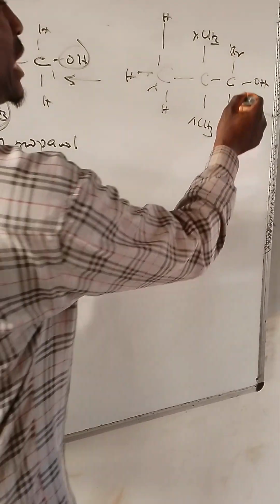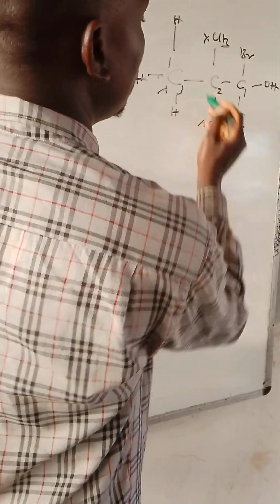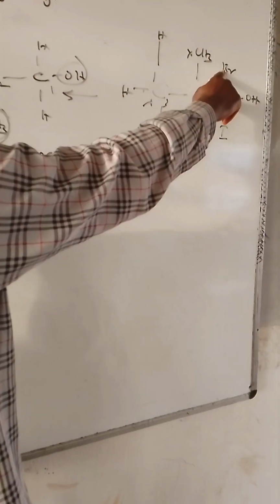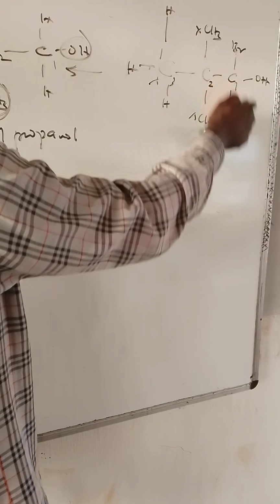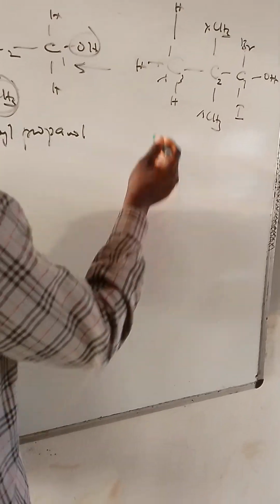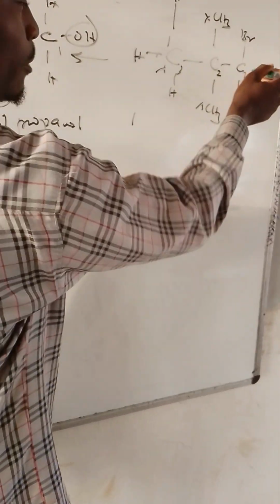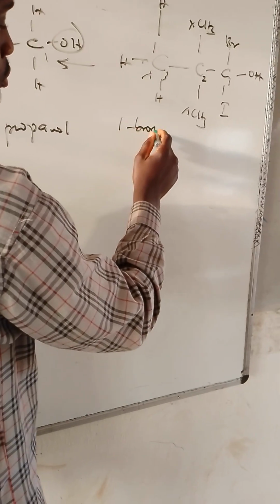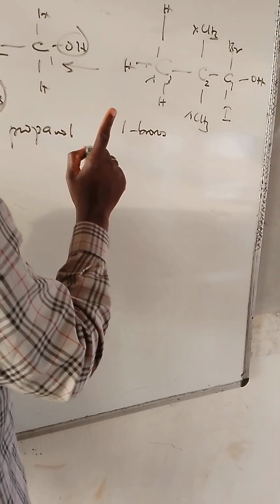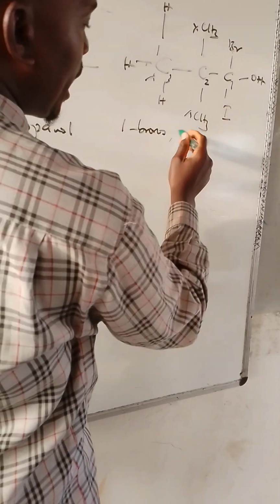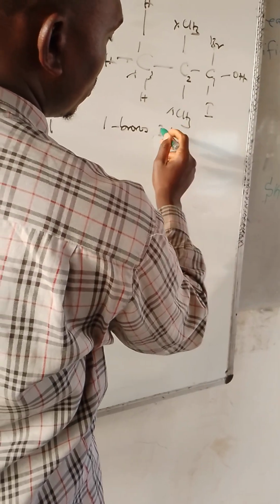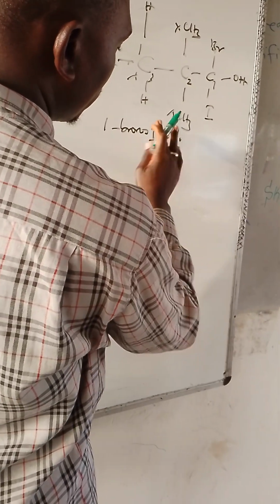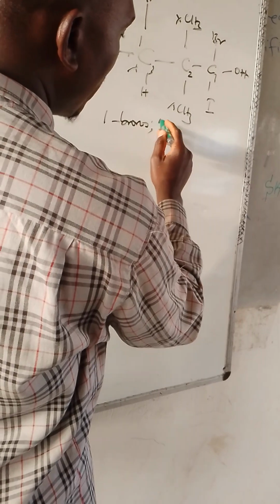So you want to name, you start counting 1, 2, 3. If you want to count, then you have B and you have I. Automatically you call B before I. So what I'm going to do, you say 1, because it's carbon 1. 1 bromo, that's satisfied, number 1. 1 iodo, that's 1 bromo, comma, 1 iodo,